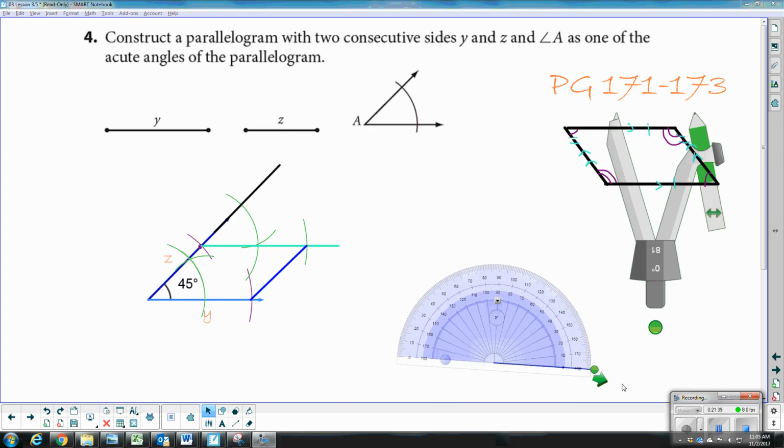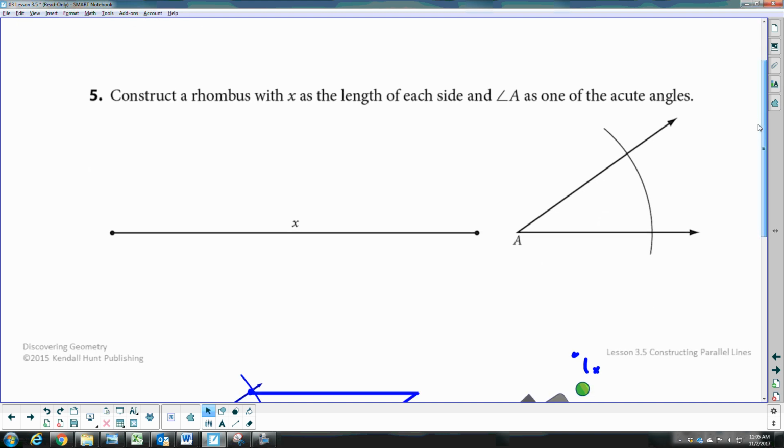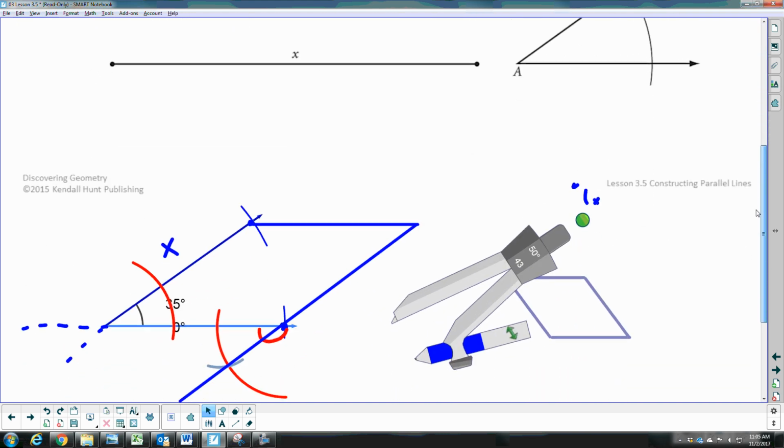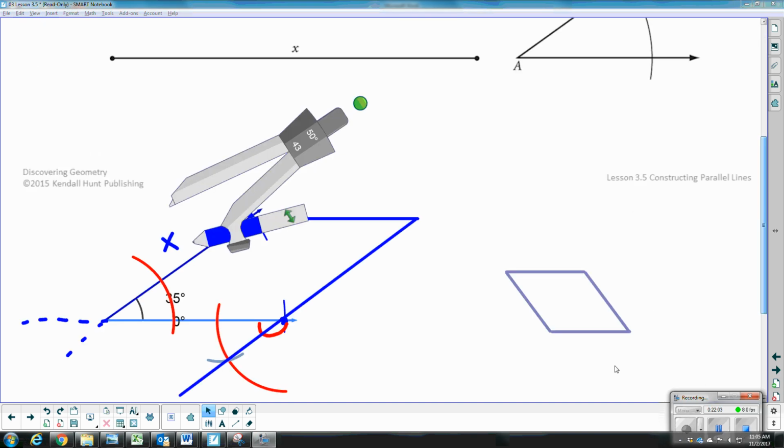Now the next one, number 5, is another one that we did in class. And it's the same idea. You're doing the same thing, except you're doing a rhombus. So try number 5 on your own. You need to know the properties of a rhombus. So a rhombus looks like this, and a rhombus has